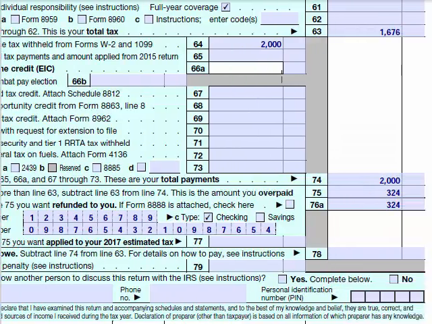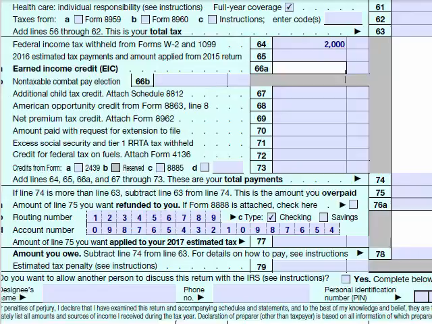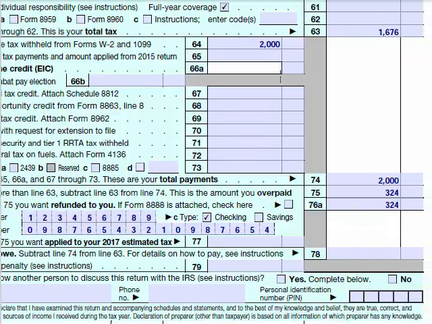And so we use the earned income credit. And then there are a few other places we can make payments on, some tax credits and the like. But for the vast majority of people, this is the only one they're going to have, the amount that was withheld. So we write that down right here, 2,000,